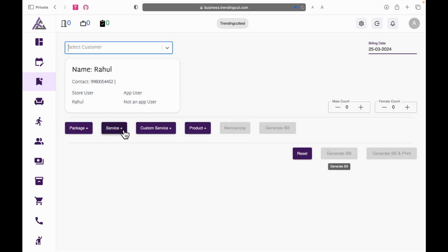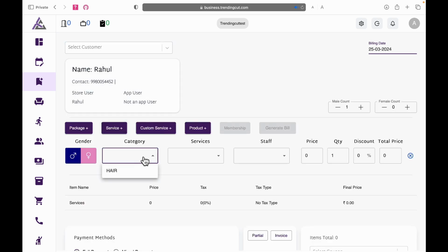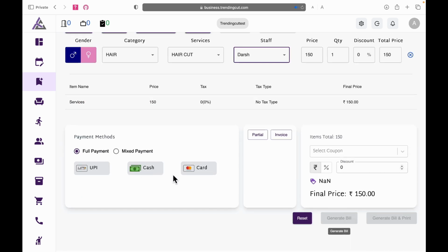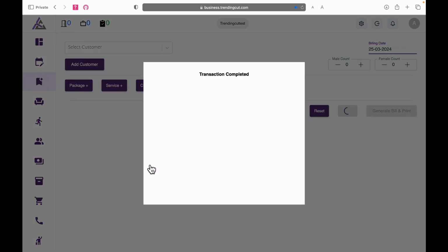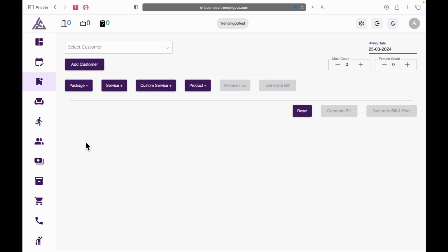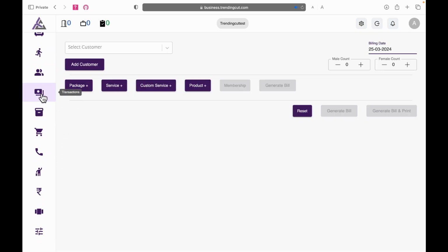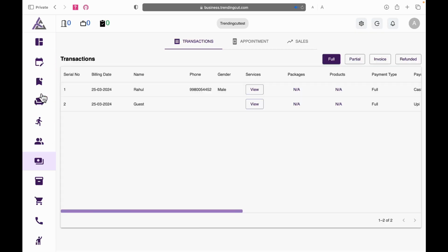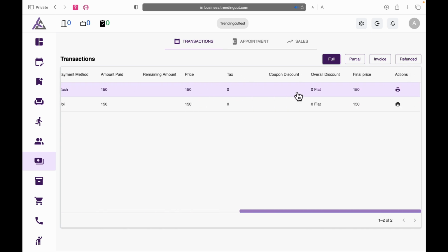So now for that person also you can again create a bill, and suppose if he has paid by cash, you can generate the bill by selecting cash. The mode of payment will be cash. Now if you go to the transaction section, you can see there are 2 bill records that have been created,